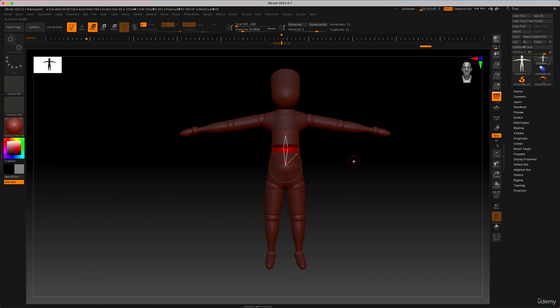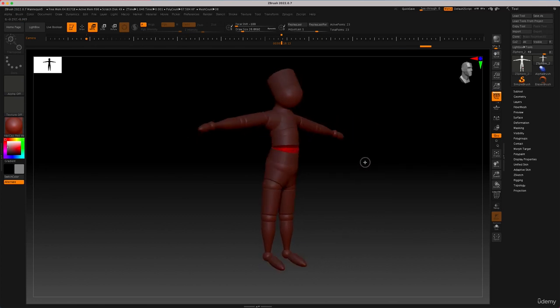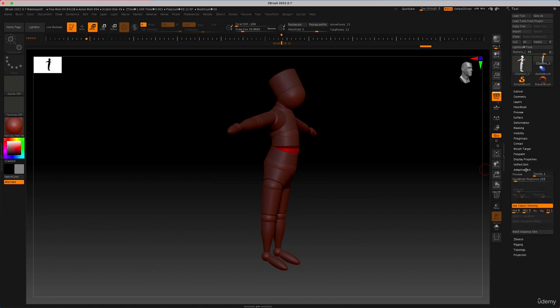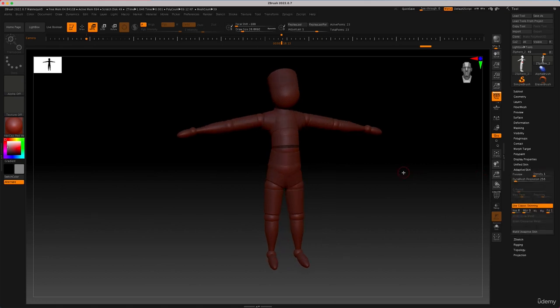You can just simply give yourself a little bit of a mannequin right there. Now, you can turn this into a mesh if you want. I will say that if it's your first time, I'd hold off on turning this into a mesh, mainly because